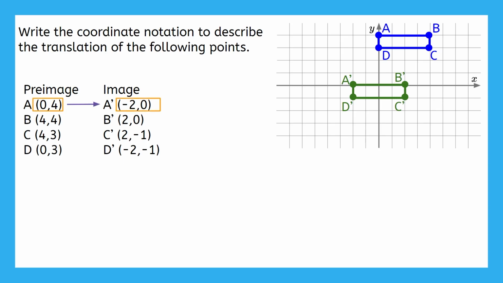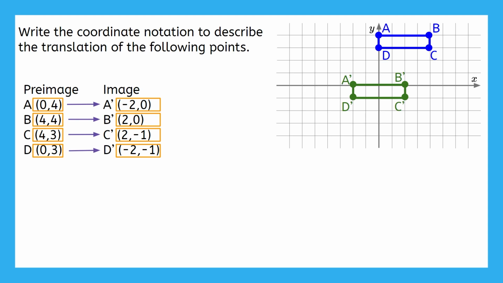We want to pay specific attention to how the x values and y values change from A to A prime. So what change do you see in the coordinates when we go from A to A prime? Remember to think of adding and subtracting, since this is a translation. Now, check if that same change happens in all the rest of these. Hopefully, you figured out that 2 was subtracted from all the x values, and 4 was subtracted from all the